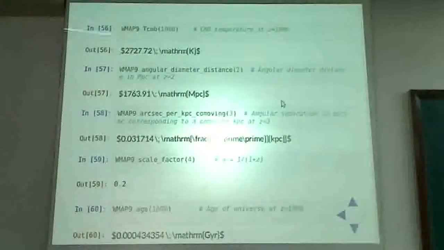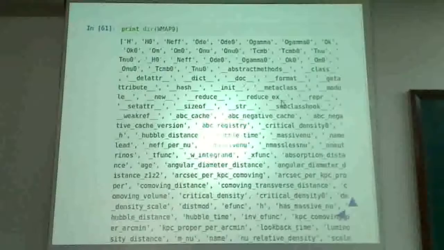You can find the CMB temperature at a given redshift, the angular diameter distance, the arcseconds per kiloparsec comoving, then scale factor, age, and ignoring these underscore variables, all the way from here are the actual useful functions that you can use. I think that more or less covers every standard calculation you may want to do in cosmology.